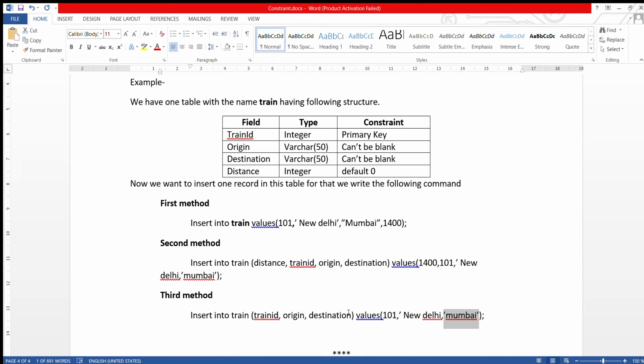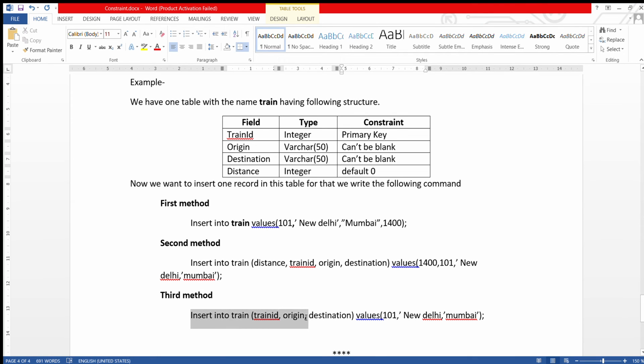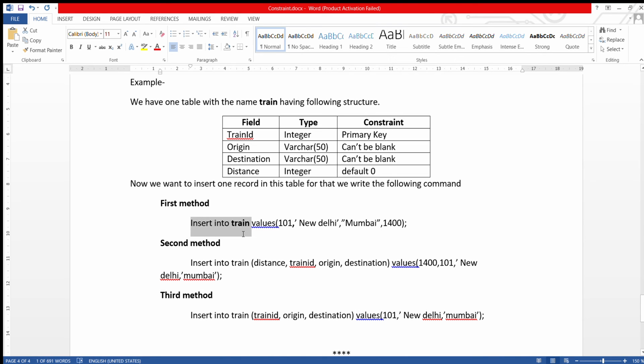Now I have not given the value for the column distance, so the system will store the default value in that column, that is 0. So this is the third method, you can leave a column empty while entering the values. These are the three methods for inserting a record or row in the table.